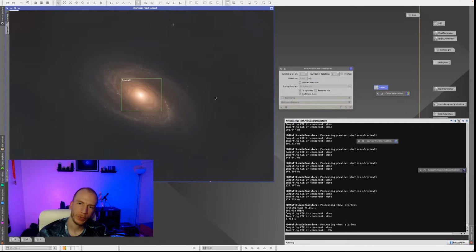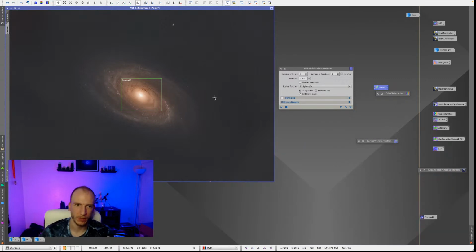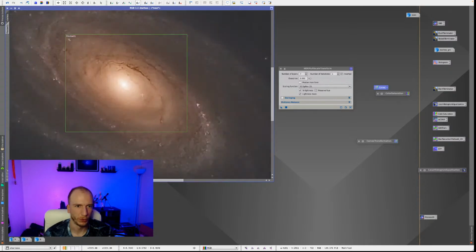Yeah, I mean HDR multi-scale transform is usually best used when you have several different types of exposure time, for example for Ryan and all that. In this case we don't, but it's also useful for when your core is very bright. So,